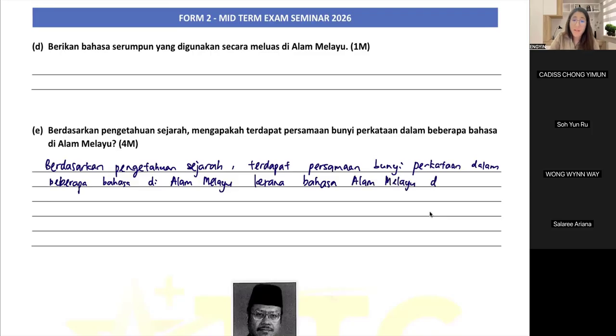The language that they speak at Alam Melayu adalah serumpun. Serumpun means similar. And why? You continue to explain, because like this you get 1 mark only. Serumpun, you say serumpun because the language they spoke at Alam Melayu is a similar language. Why are they similar languages? Why do they all speak the Malay language? So the answer is because